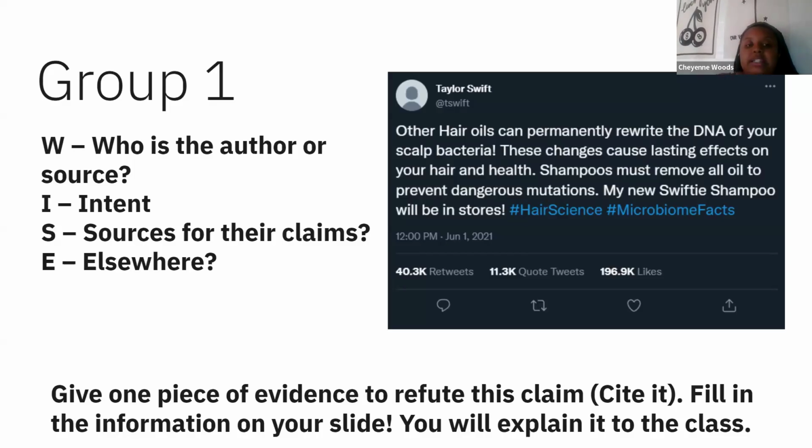And I will be providing a link to the slide deck so you can put it on there, but also still make sure it's written down somewhere, just so you have your personal understanding of it. And then also when you're presenting it to the class, we can all get a better view. So this is our first one from Taylor Swift, which says,